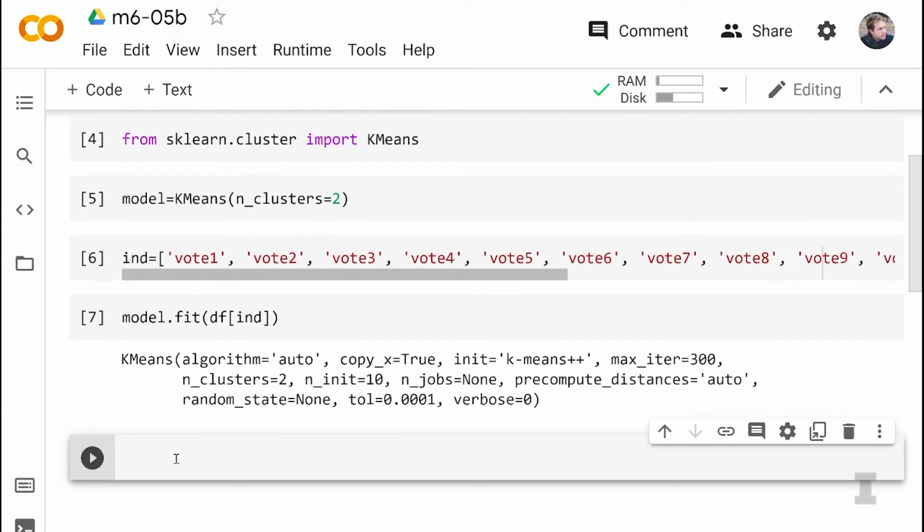And I didn't get an error, but I got something that says k-means ran. Awesome. Yeah, it ran and it returned a k-means object. So it says, okay, I've done some work and now I have the k-means object back. So it has fit our k-means clustering algorithm, and now we can predict the party affiliation of all of the members of the Senate based on these 15 votes using k-means clustering.